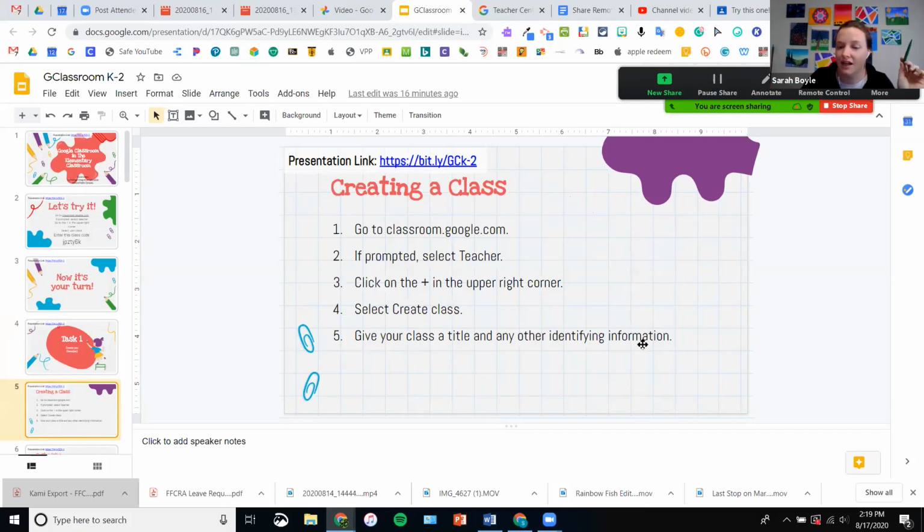You give your class a title. It does ask for things like room number, section number, things like that. Those are all optional. The only have-to is the title of your class. For most of you, you're only going to have one class, for example, Miss Shabbat's class 2020-2021,